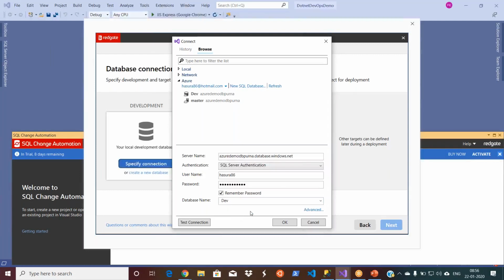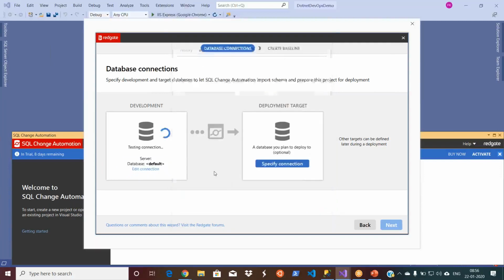Test connection succeeded. Now done. Okay, it's verified. The connection is established.